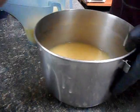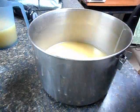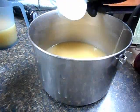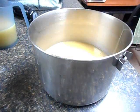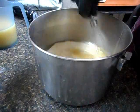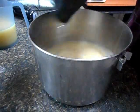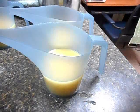So into our main pot, our main soap is going to be the titanium dioxide, which I'll stir in at first, but will definitely have to be stick blended. Set it aside. Get our three accent colors, and we're going to have